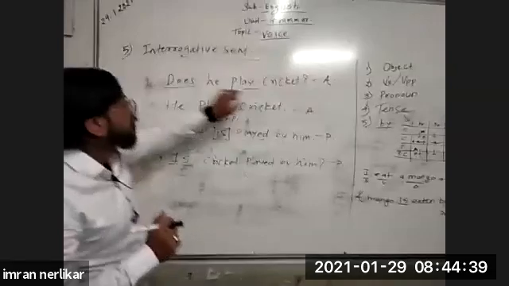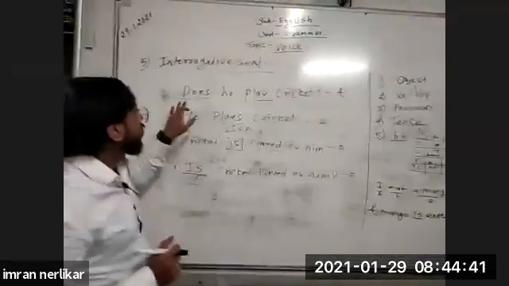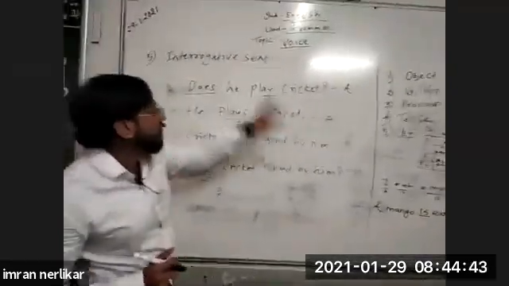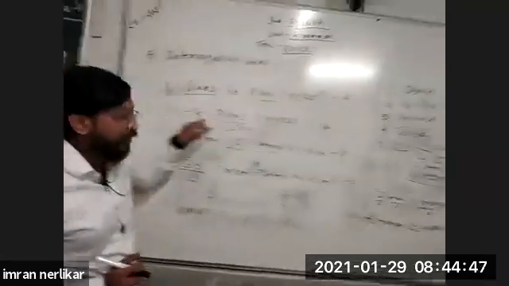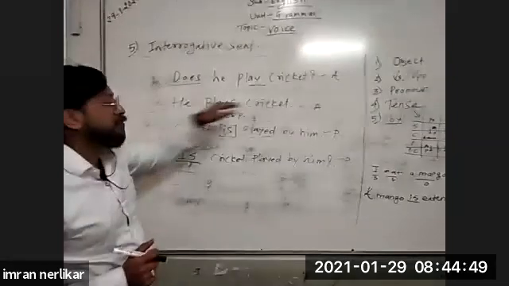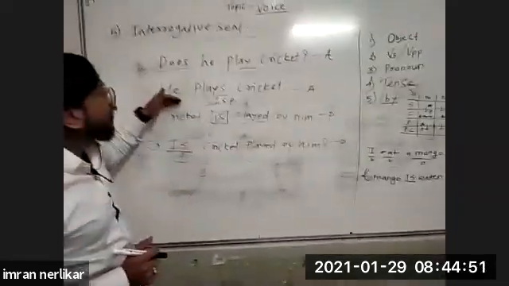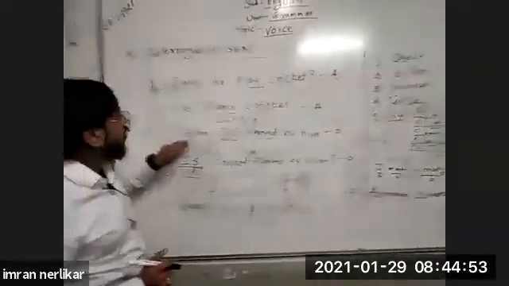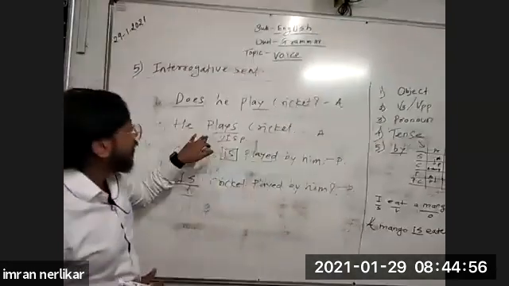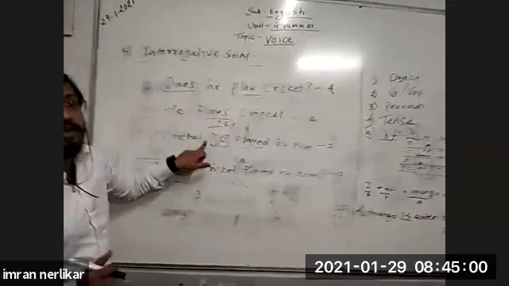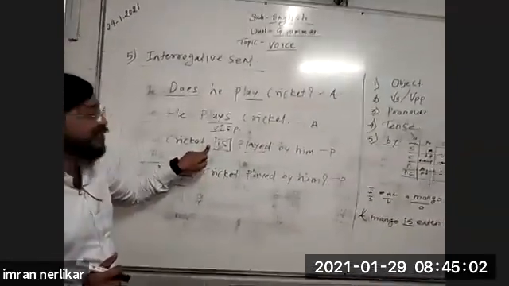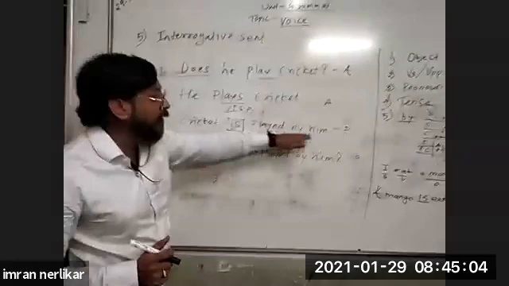So see, does he play cricket? This question is given. He plays cricket. Does we have removed, and we have given the s again to the verb. He plays cricket. This is an assertive, simple sentence. Then we have written the passive of this sentence: Cricket is played by him. Plays means it is in simple present tense. That's why we have written the passive in present tense. Cricket is played by him.